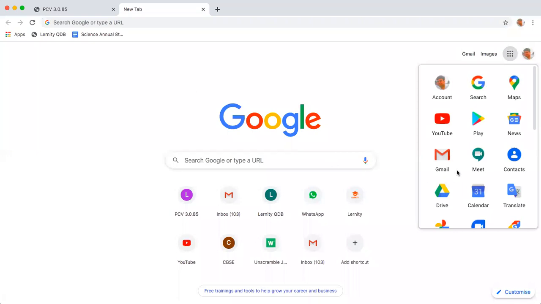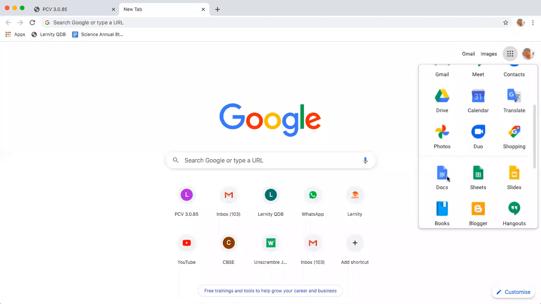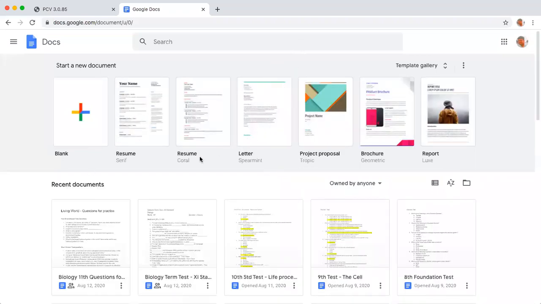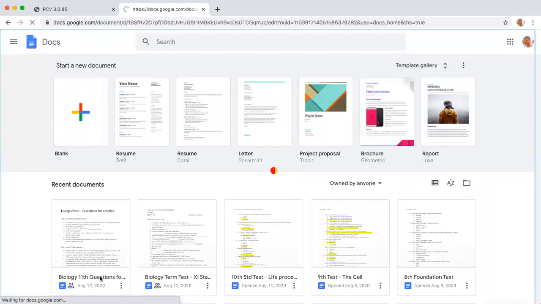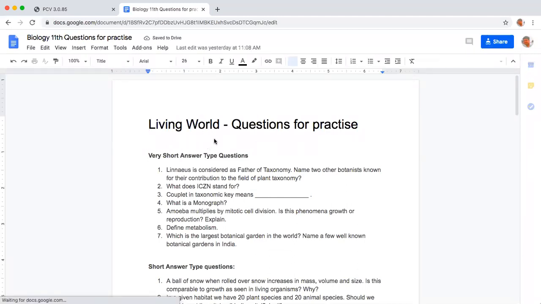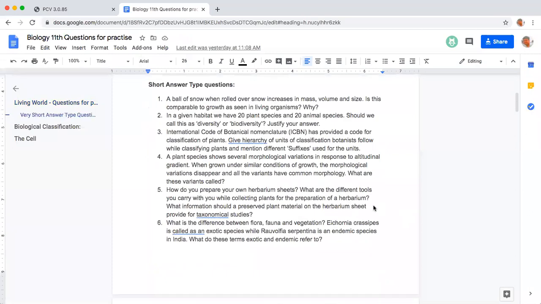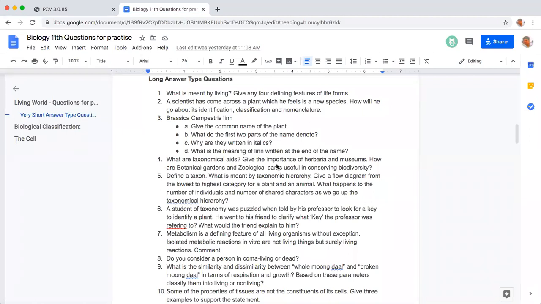Okay, so now what we will do is we'll continue with the revision plan that we were doing. Okay, so moving on, what we'll do is